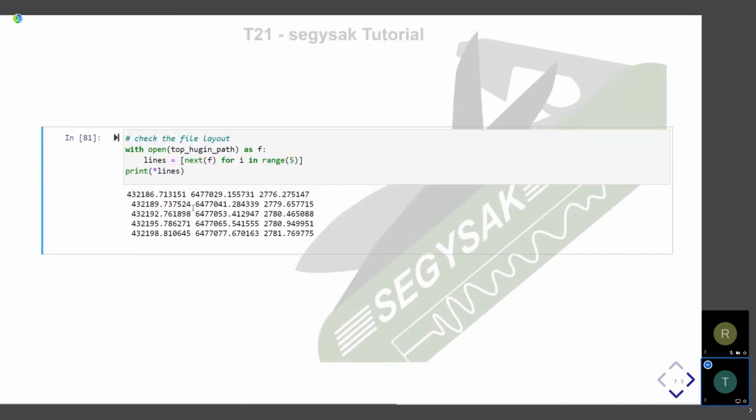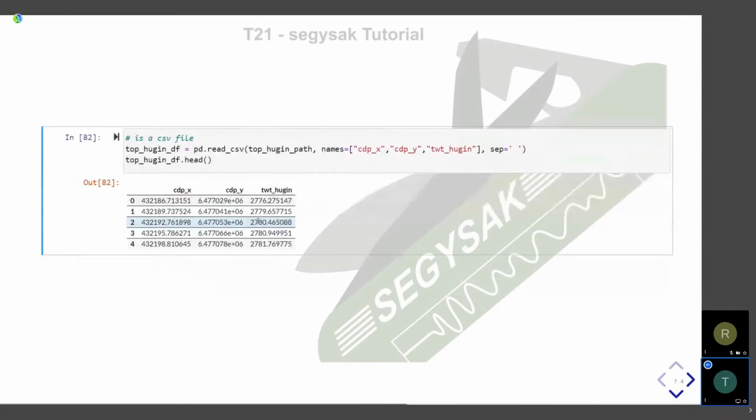We can see that it's a simple space delimited file where we've got an X coordinate, a Y coordinate, and a two-way time, which is pretty standard fare for surfaces in seismic interpretation. Sometimes this might also be an inline and crossline, and that would make our lives pretty easy in terms of relating it to the seismic data. But if you get it in X and Y,